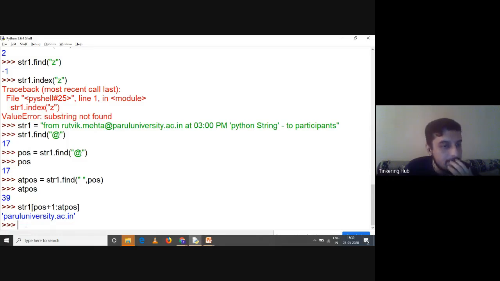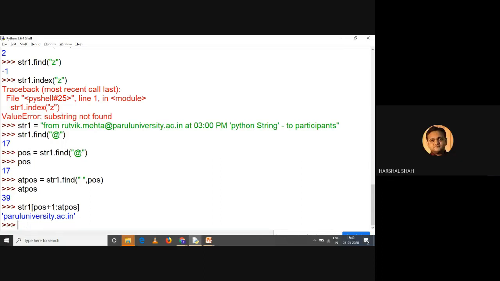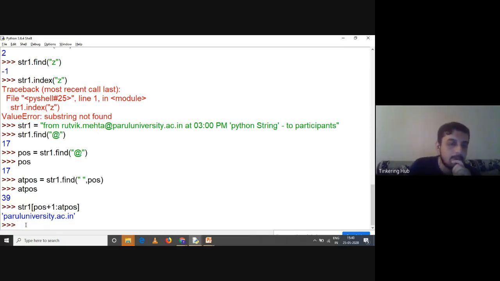Now, this is one way to solve this problem. There are multiple ways to do so, right? Let us work on another method and let us make it easy, because you have to remember so many things over here. You have to remember the index of @. You have to remember the index of the position after @, right? So you have to remember the position of the space after @. Sir, kindly repeat the @post part. @post part. Okay, fine. Understand how find works.